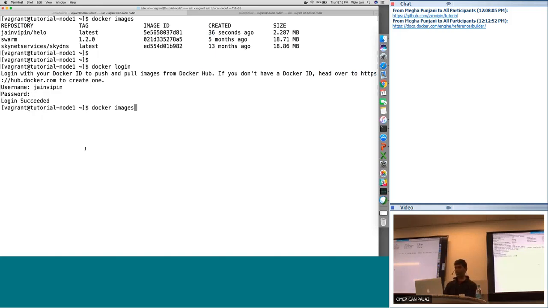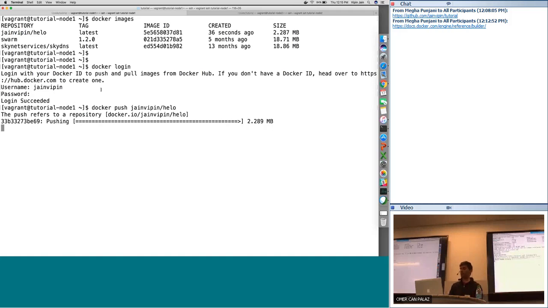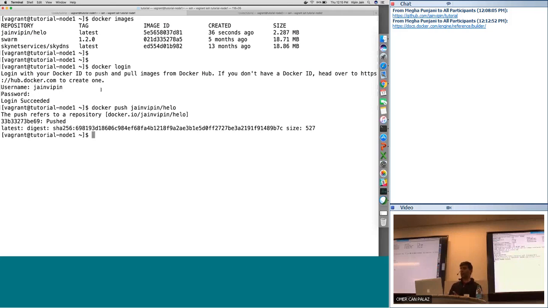Okay, it worked. So then I could just push the image which I created. That's the image I had created right up top here, right? So I'm going to push this image, and it's preparing to push the image, and it's a small process of uploading this application, and once it is done, it will be available in the portal. So it created a digest, and it says this is the size.